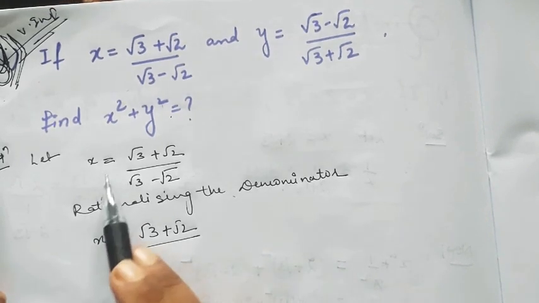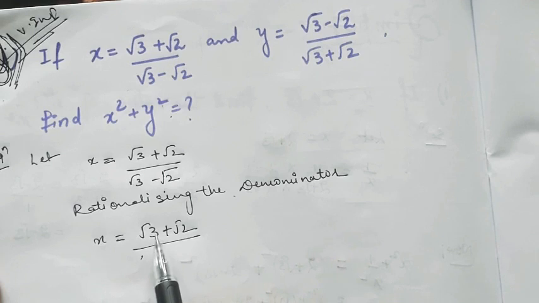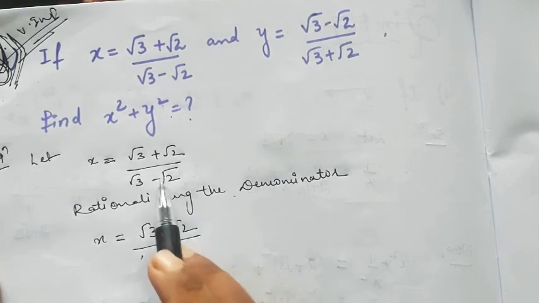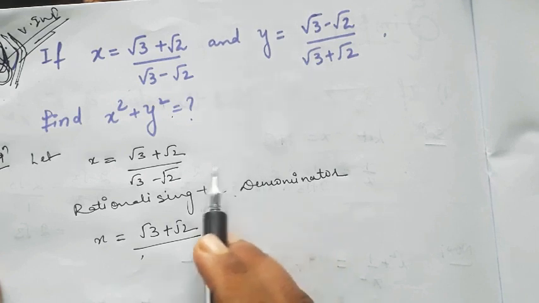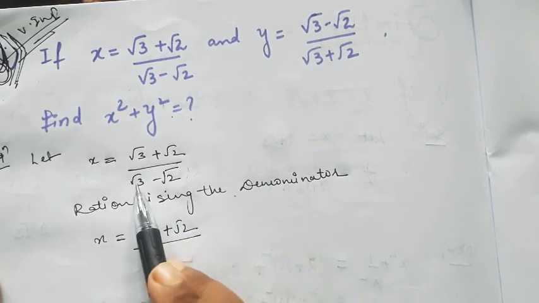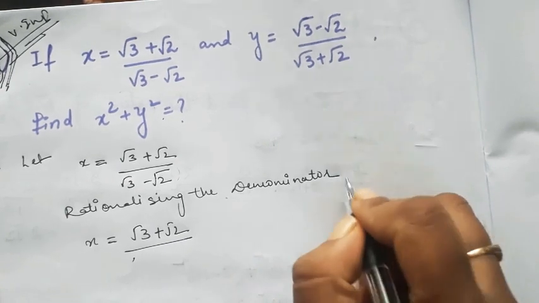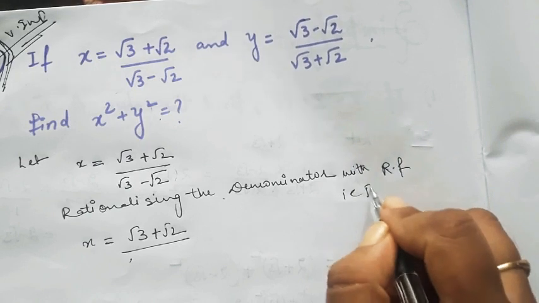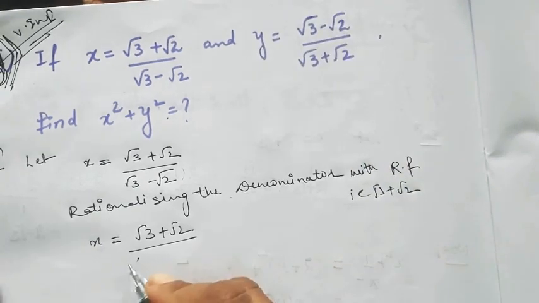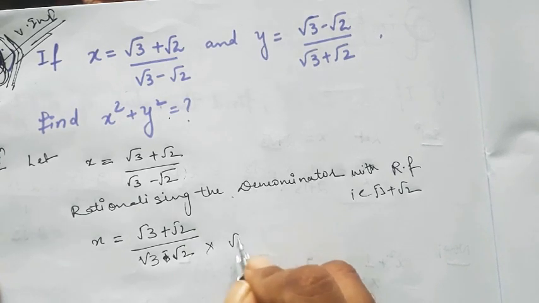See, I have taken let x equal to this thing, rationalizing the denominator. x is equal to root 3 plus root 2. We know how to rationalize the denominator by multiplying with its rationalizing factor. Here the rationalizing factor will be root 3 plus root 2. So here you can write root 3 plus root 2, and you can multiply this thing